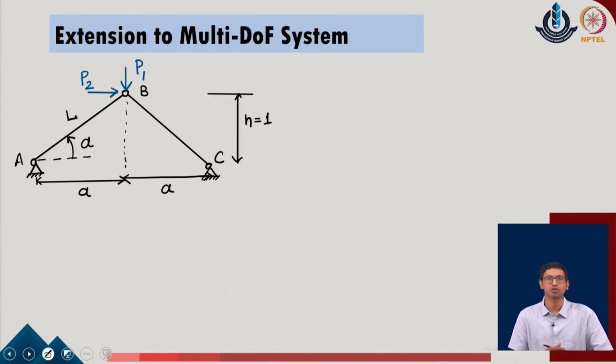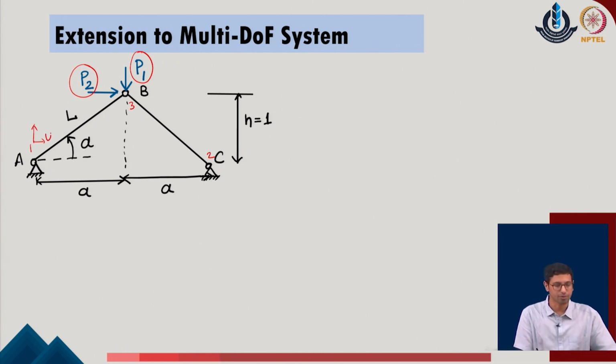So, we go with the same previous problem which we have done, but rather than considering the general symmetric case which we did earlier, I have now added the load P1 which is in the direction of the vertical symmetry direction. I have also added another load, P2. This load will break the symmetry of the given system, and that is why I now have to go with a full scale analysis. To consider what this full scale analysis means, the system has 3 nodes. At each node it has 2 degrees of freedom, say u1, v1, u2, v2, and over here u3, v3.